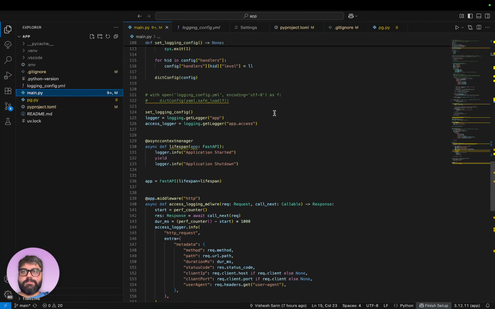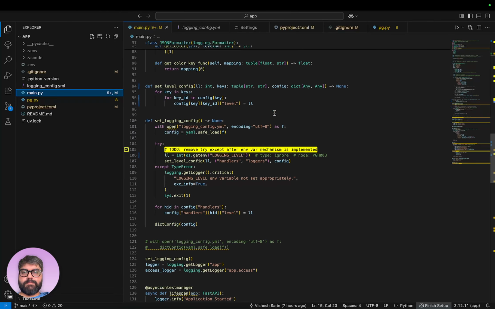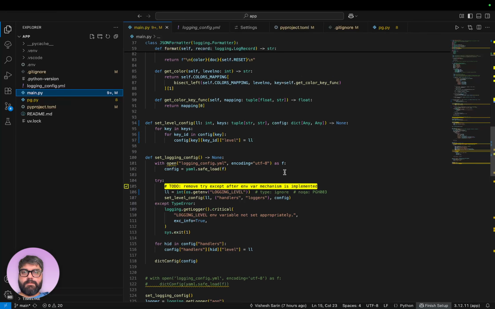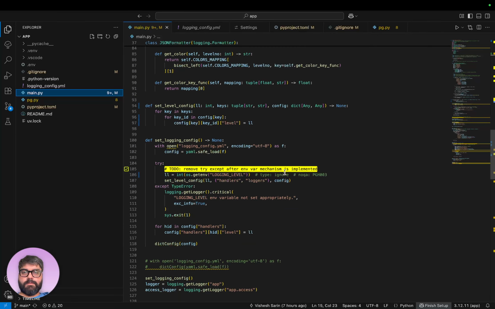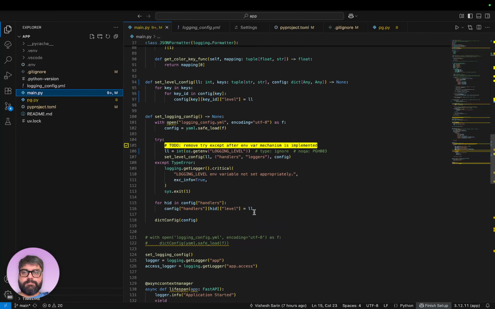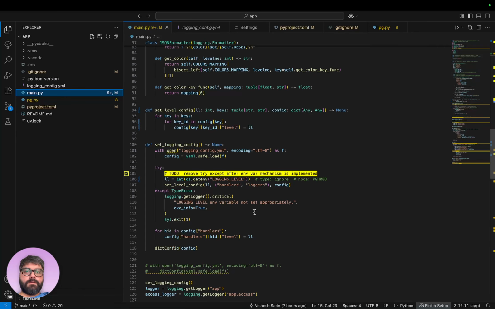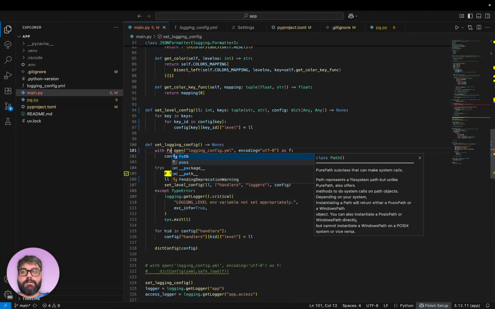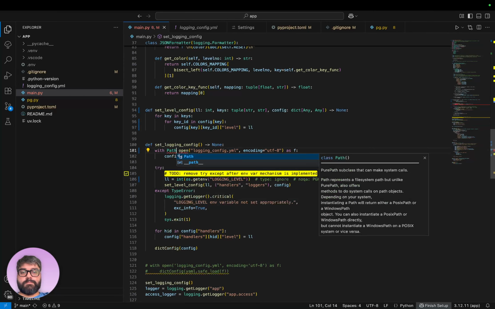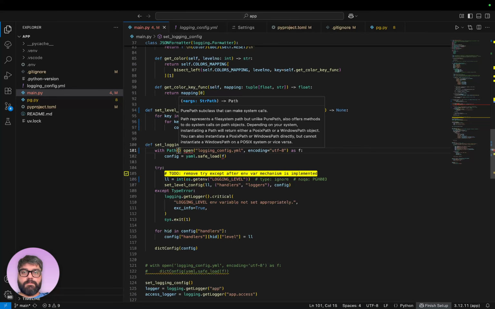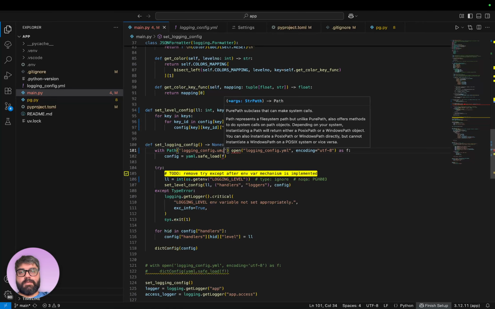I'm gonna go back to my main.py. Oh yeah, there you go. That's what I wanted to fix. Path dot logging config dot YAML.